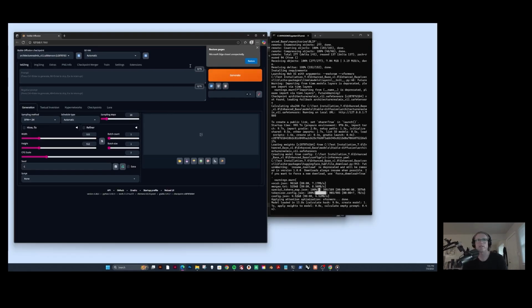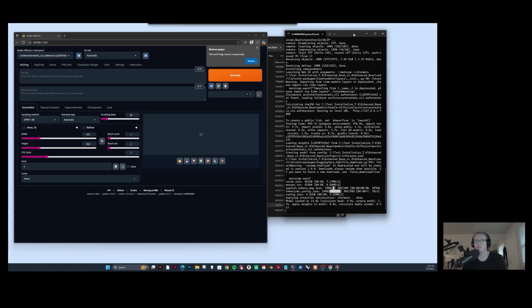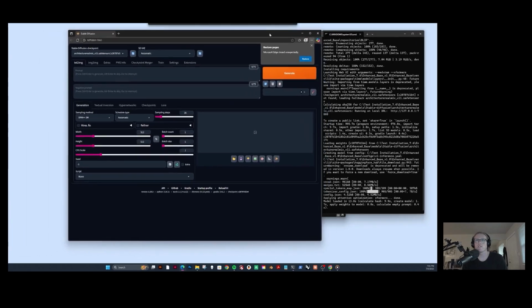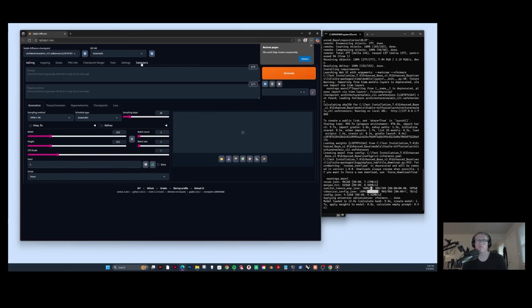It looks like the installation just finished up, and when it finishes, I'm automatically presented with this window here. It opens in my default web browser, and this is the Automatic 1111 interface. We'll get into this more in detail in later videos, but this is just the installation video, so we're just going to finish this off by installing